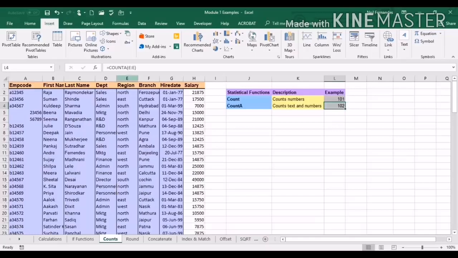It's not a wrong answer. It's just that in case somebody is asking you to get the total employees working in the organization, you will use the COUNTA function because you don't have any numeric value. In that case, we will still use the COUNTA function, get the information. After that, you know that the heading is also counted in this function. So we will always get used to putting -1 at the end of the formula. So for example, COUNTA, E to E, which is this column. Once you get an answer, you just do -1. This is just a trick to get your correct answer. It's nothing to do with the formula. Formula will count your first heading as well.